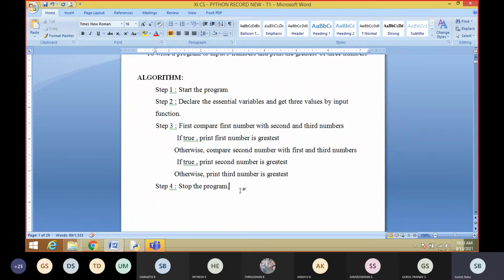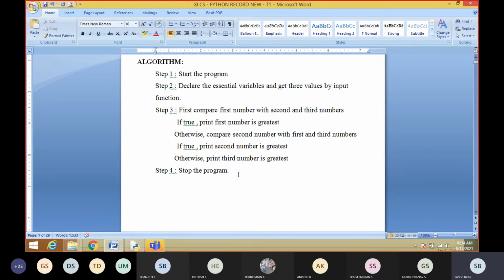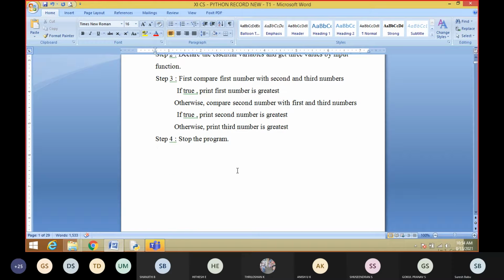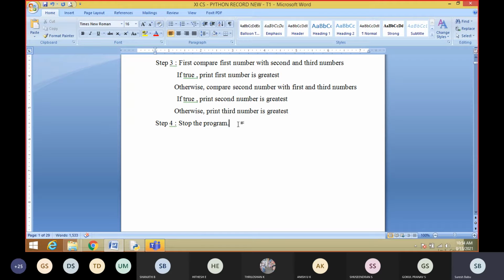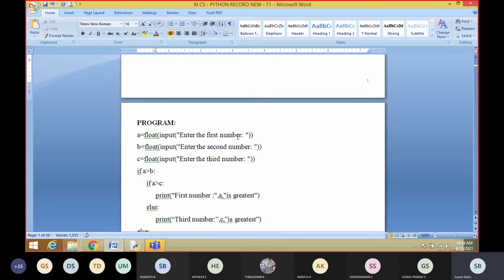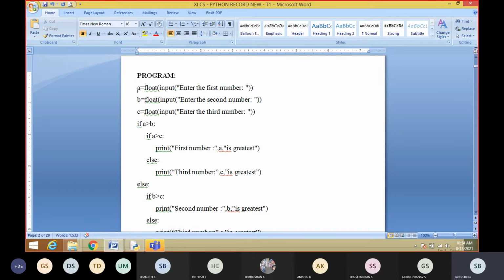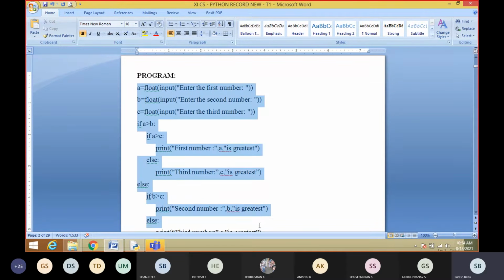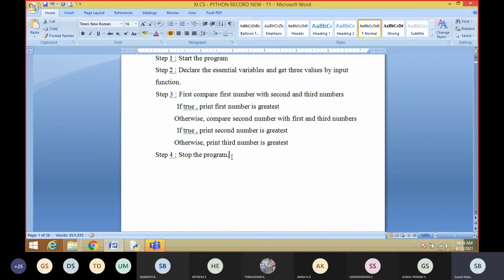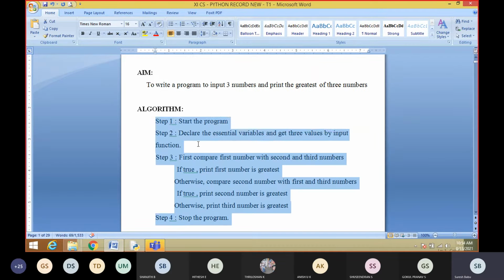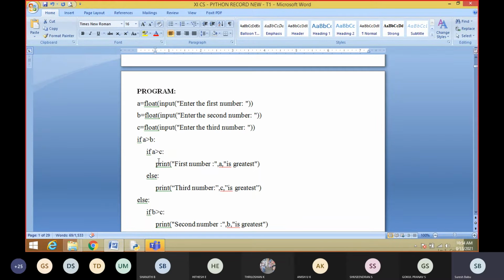Very, very important. I already told you there may be a chance of getting a pen and paper test for practicals. So at that time you have to write these things without any help, and you will get any program, not only this program. So you should have some practice to write these things. The program is very easy when you are practicing, and the algorithm is also easy, but you need to show all the steps, what are the things we are doing in our program. Now you can see the program.